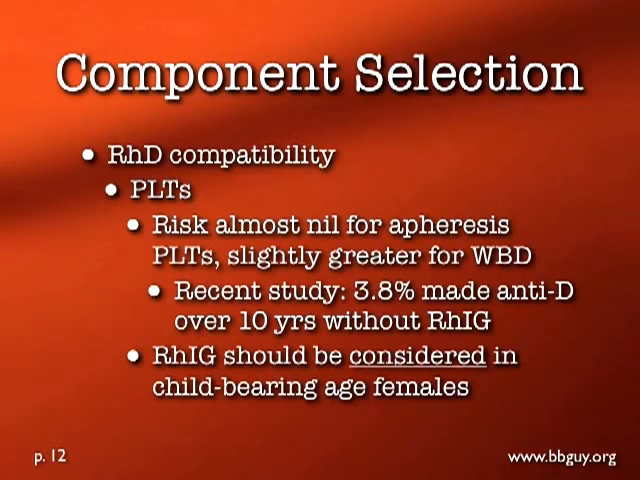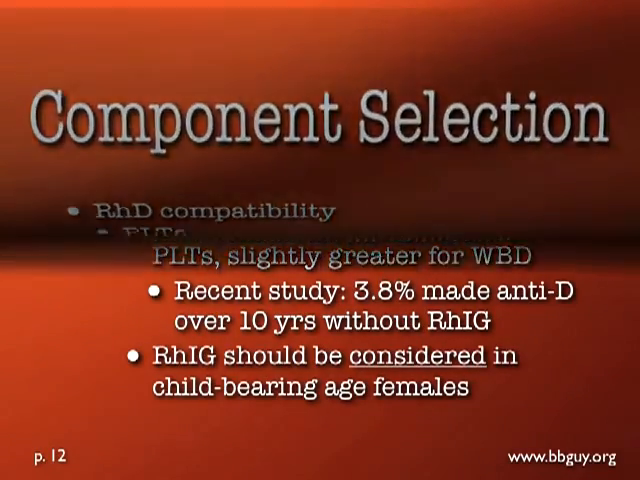There's a recent study, again referenced in your handout, that showed a 3.8% incidence of anti-D formation over a 10-year time frame of D-negative patients who got D-positive platelets, a mix of apheresis and whole blood-derived, without getting prophylactic RHIG. My philosophy is that if you've got a childbearing age female who's D-negative and needs a D-positive platelet transfusion because of inventory issues or whatever, you should always consider RHIG, and generally I will recommend it. Okay,